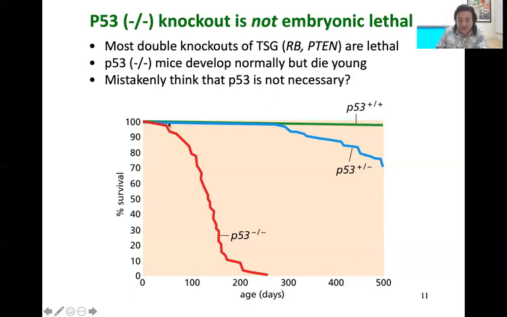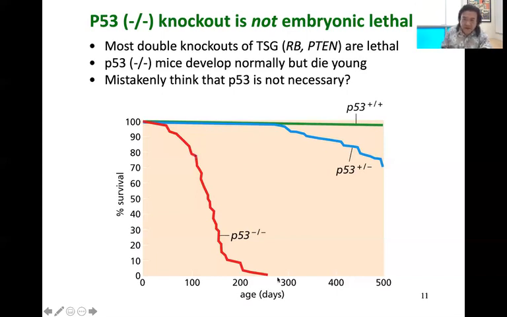So let's look at this. So p53 wild type mice, so p53++ in this experiment, that group of mice live beyond, let's say, 500 days. If you have a heterozygous plus minus, you can see that these mice, for the most part, can still survive normally. The p53 double knockout ones, this is the surprising thing. They are actually born, and they can survive like 100 days plus, right? But they do die earlier.